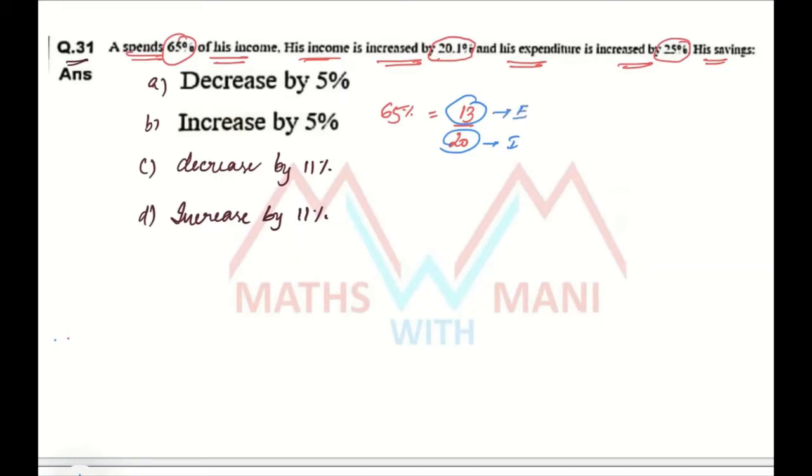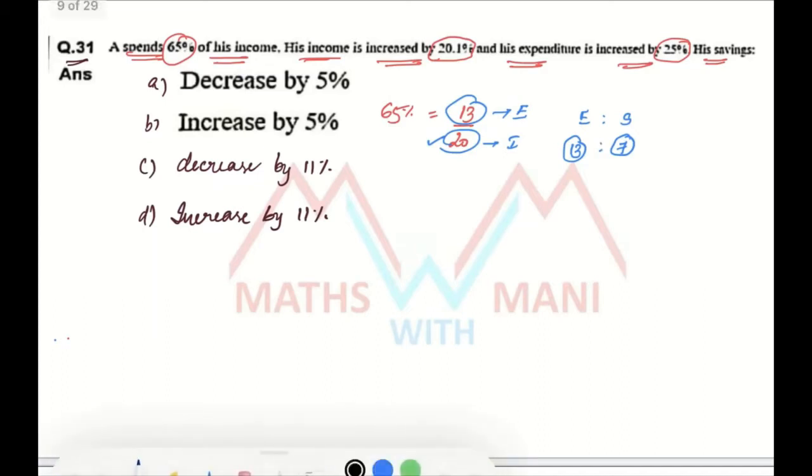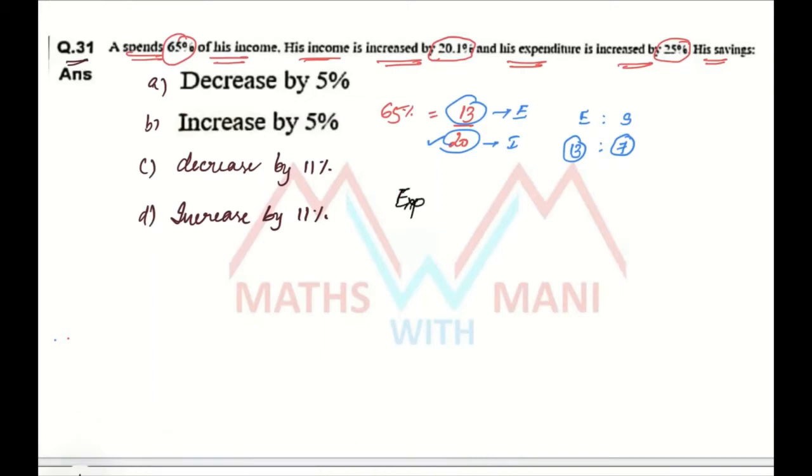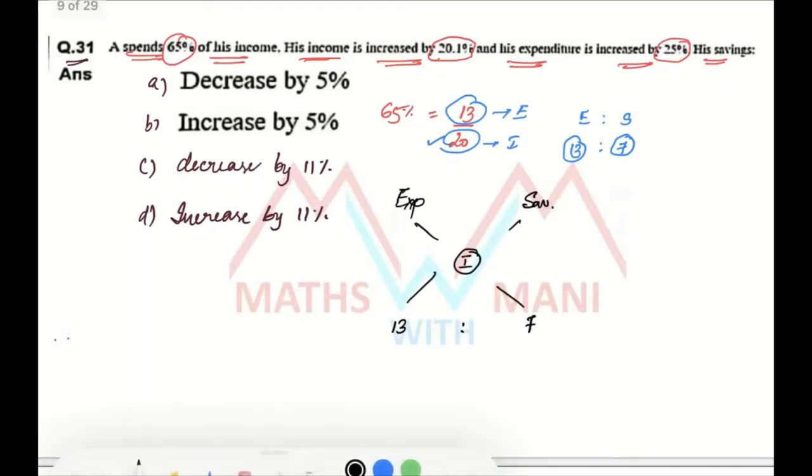Out of income, that is 20 parts, 13 parts is expenditure. Then what about savings? That is 7 parts. Yes, 13 parts is expenditure and 7 parts is savings. That is 13:7 is the expenditure to savings ratio. Yes. Now observe, if suppose it is expenditure and it is savings, what about the ratio? 13:7. Now tell me, here the mean value is income. Okay, here you have to write down income. Let's see.